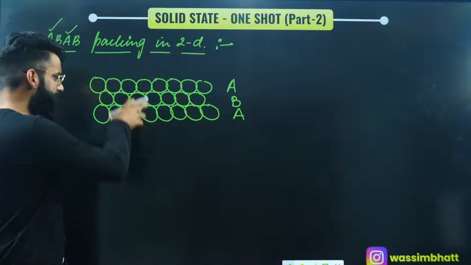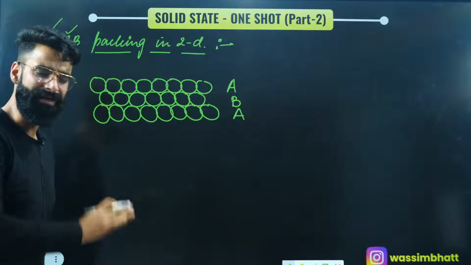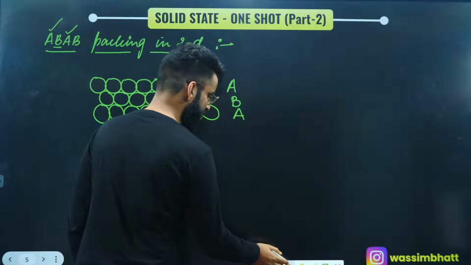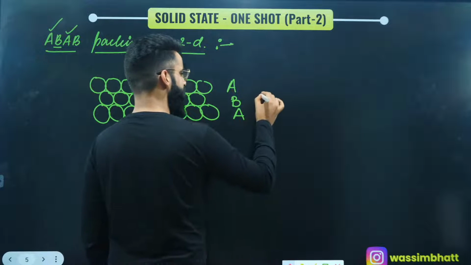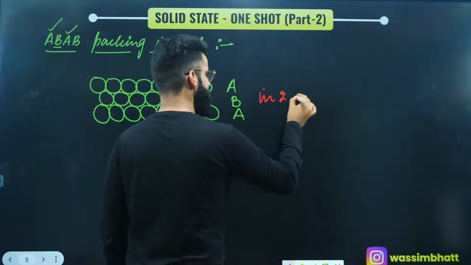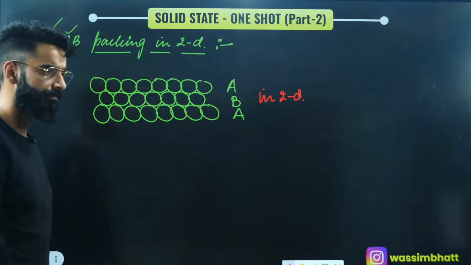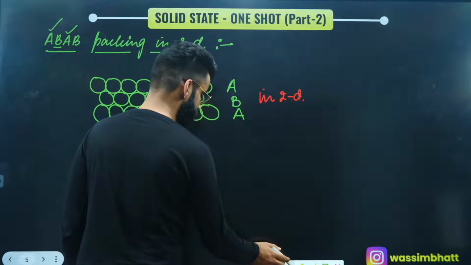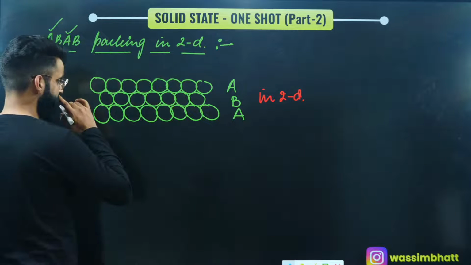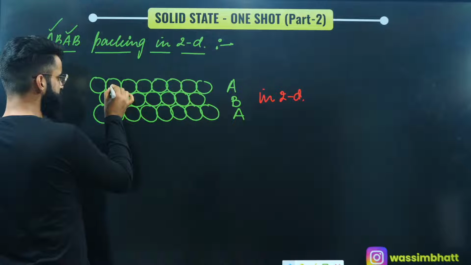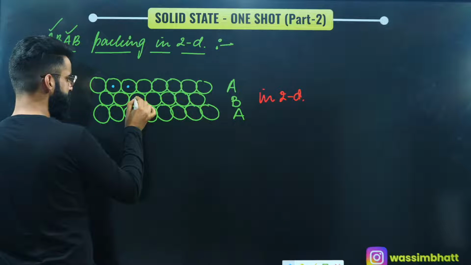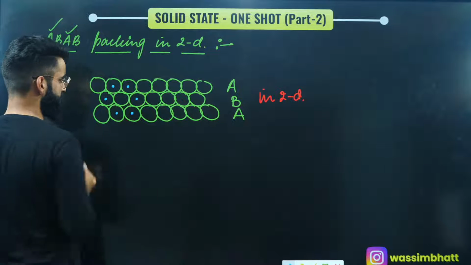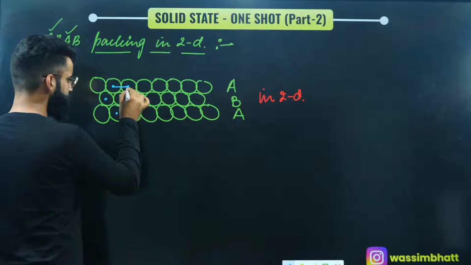So people, whenever you see this kind of packing in a plane, in a two-dimensional arrangement, you'll call it AB packing in 2D. Now, what all things we have to understand in this packing, I want you to take note of these things. See guys, understand. If I select the center of this constituent particle, center of this one, this one, this one, this one, and this one, and if I join these centers,